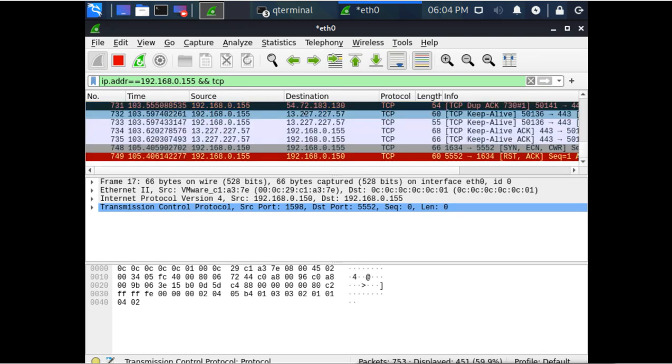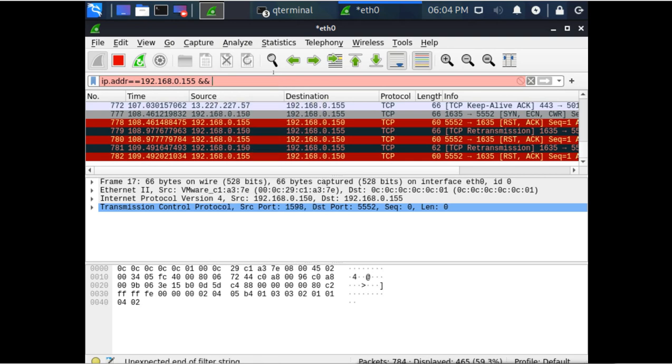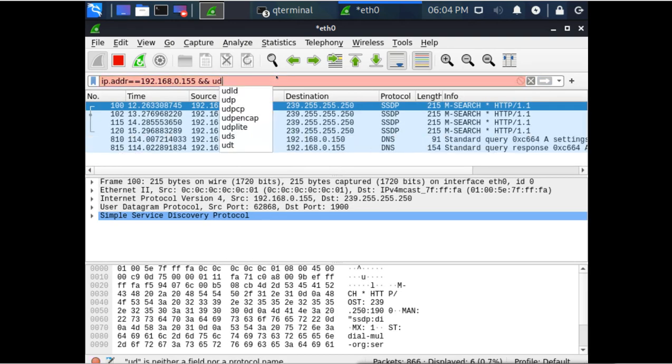All TCP data, all UDP data. I can do this also.